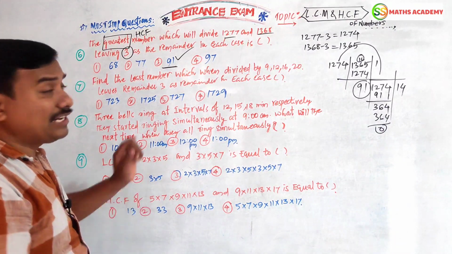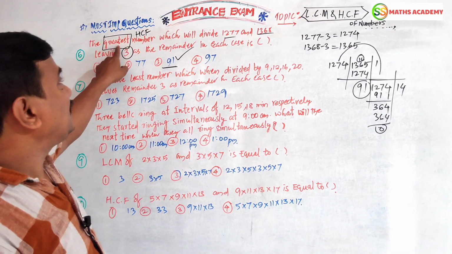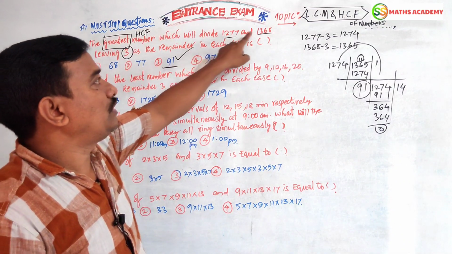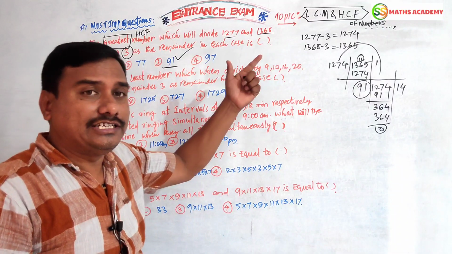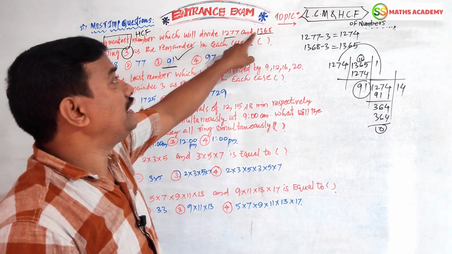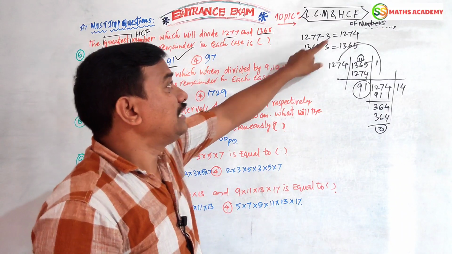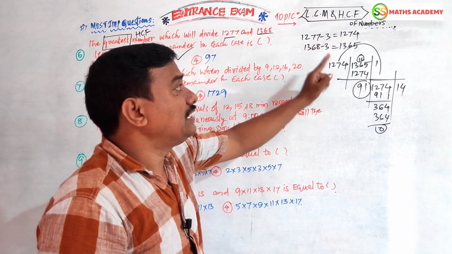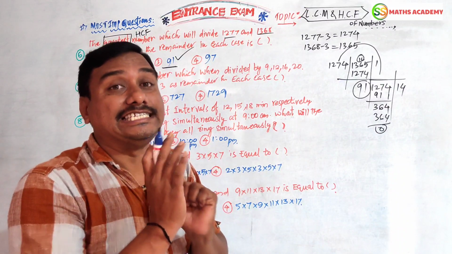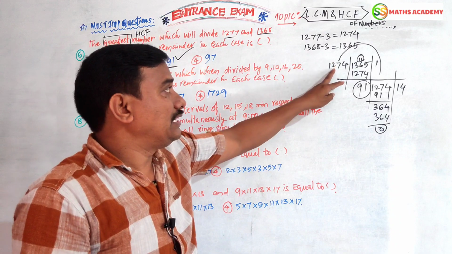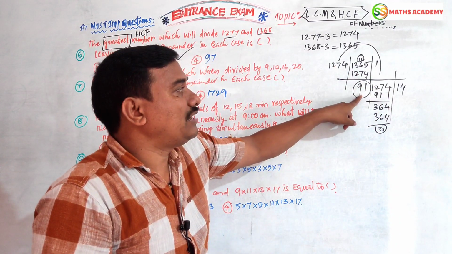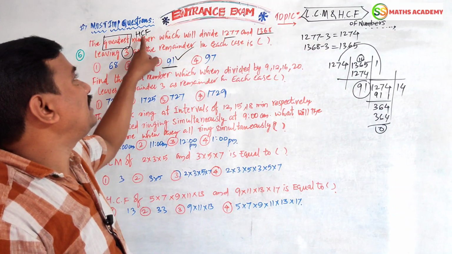Right. Next, what I have done, once you see he is asking for the greatest, that means HCF. Whether two numbers or three numbers are given, whatever it is, see what remainder is given. That remainder is subtracted from these numbers. Whatever two or three numbers we get, we have to find their HCF. I am doing HCF here. Remainder 0, this is the divisor. This divisor is called our HCF.